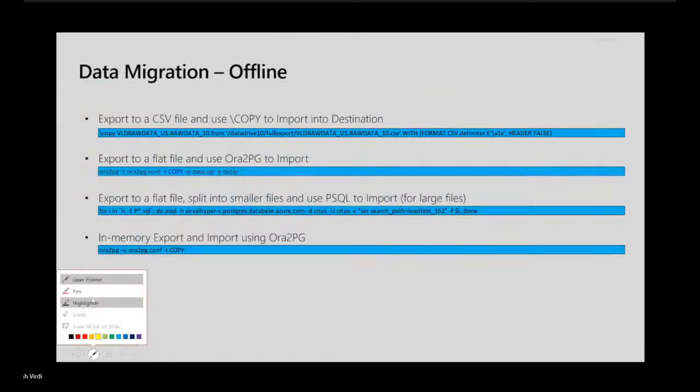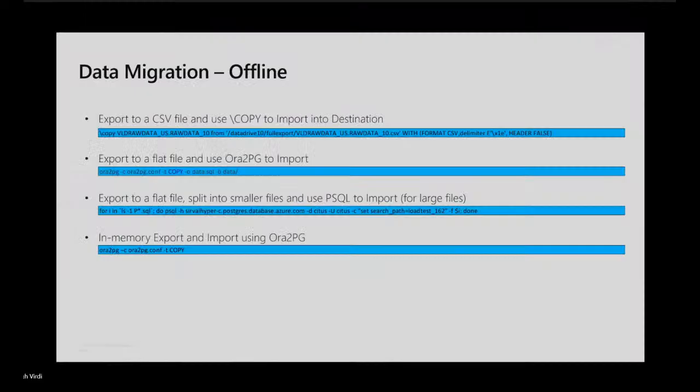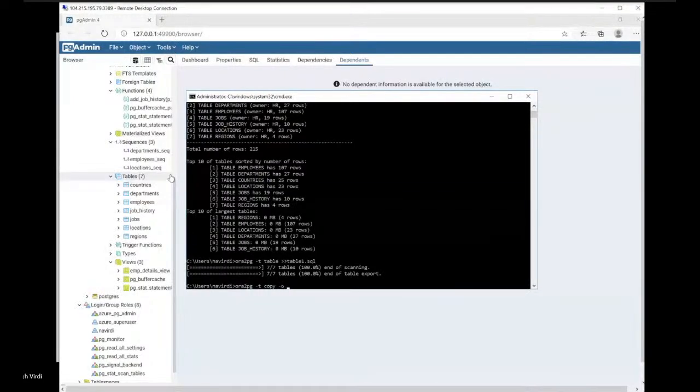Now COPY is where it will dump the data, or else you can use this construct also. So I can say, okay, -t COPY and dump it as a file, data.sql, in the same